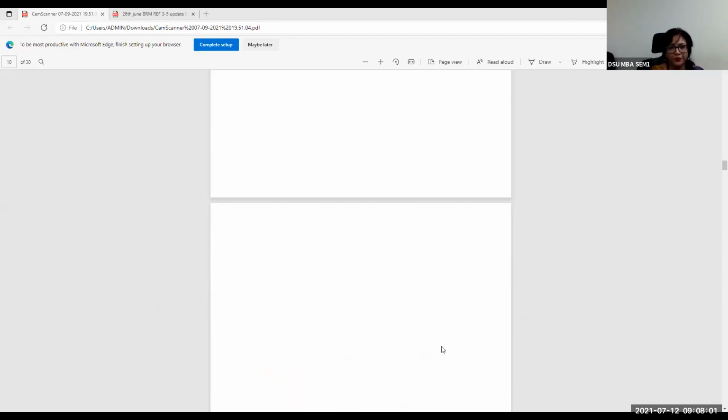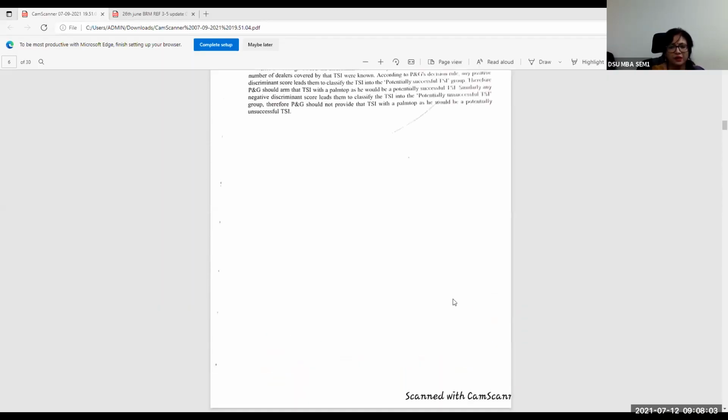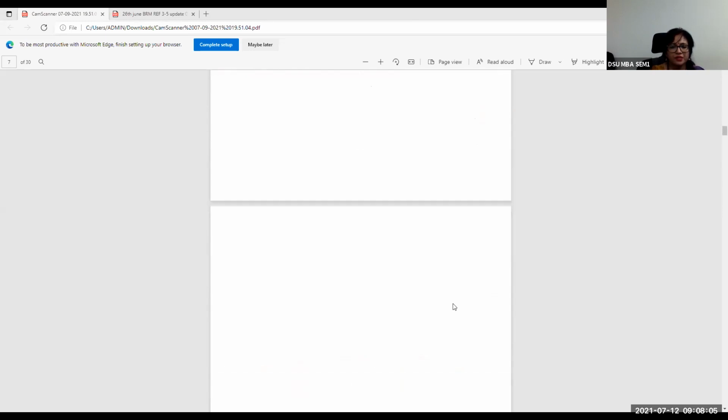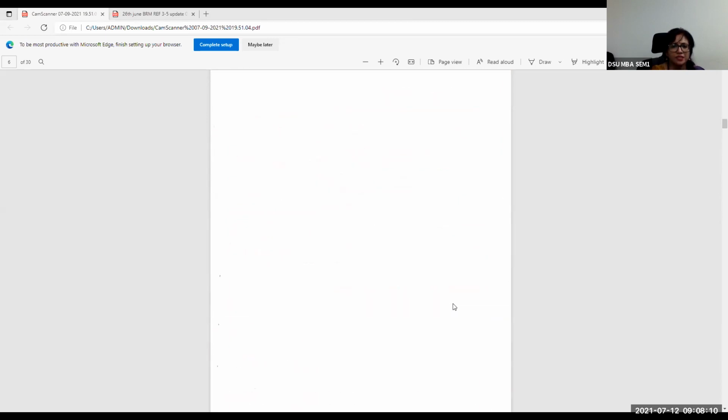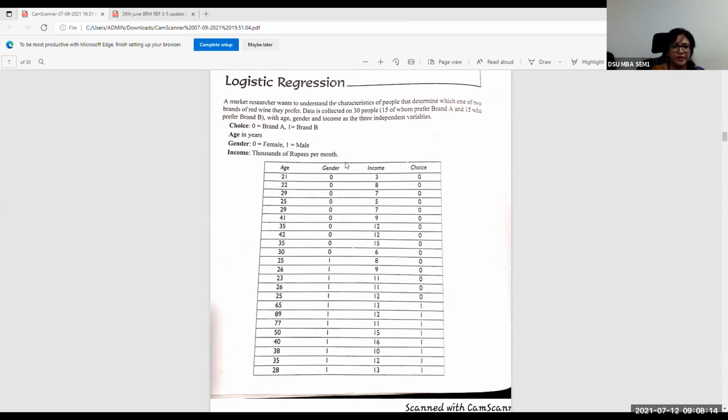All right. So let's quickly now look at, I will stop this one along with this theory. Let us have a look at the case that was given to all of you, and let us have a look at how this basically works out. So there was a case given about using logistic regression on a data set of customers who are choosing different brands of wine. So this is what you see on the screen. I hope it is visible on the screen. Please let me know if it is not visible.